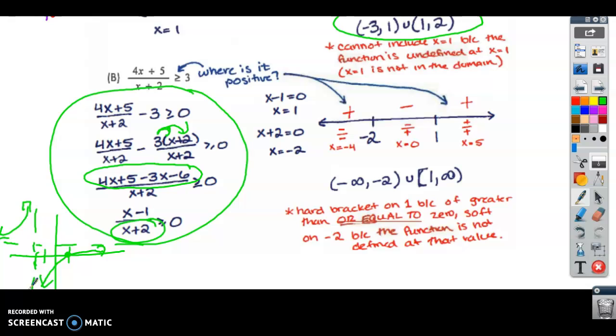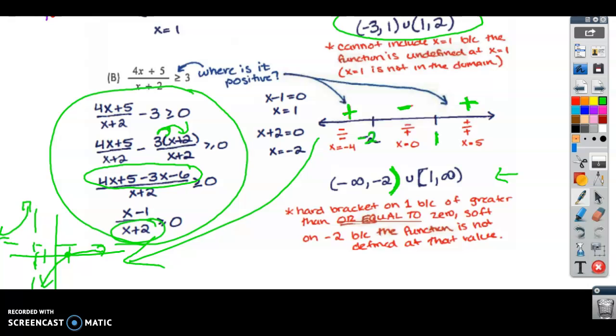So if I go ahead and put those numbers on my number line, -2 and 1, -2 has got to go on the left, and put my values in, I can see that these values are going to coincide. The graph is the same values. Okay, when you go ahead and write your answer, where is it positive? It's from -infinity up to, sorry, not including -2 because the asymptote is at -2. So we're going to put a soft parenthesis around -2 because you're never going to include an asymptote, in union with